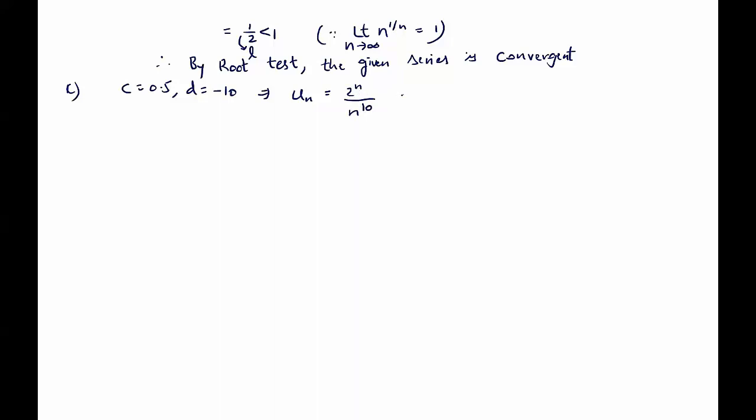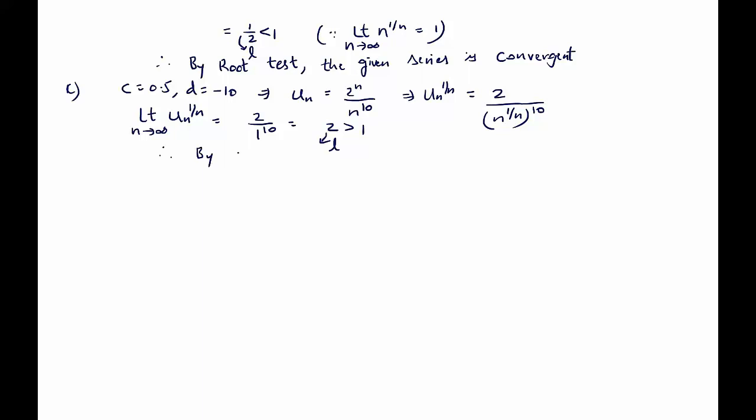So again, I am applying nth root test. Un power 1 by n: 2 power n whole power 1 by n becomes 2. N power 10 whole power 1 by n can be written as n power 1 by n whole to the power 10. So next, limit n tends to infinity, un power 1 by n is nothing but 2 times n power 1 by n, having limit n tends to infinity as 1. So 1 power 10, nothing but 2. This value denoted by L, we got greater than 1. Therefore, by Cauchy's root test, or simply root test,